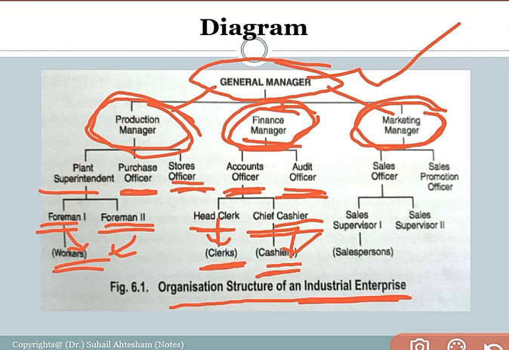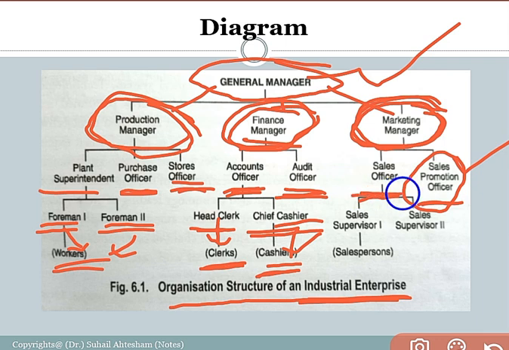Now coming towards the third subsystem, that is the marketing department. The marketing manager is the head of the marketing department, and under the marketing manager there are two subordinates: sales officer and sales promotion officer, right? The sales promotion officer is related to making promotion of the sales, related to the techniques of advertisement, and the strategies that should be adopted for promotion of the product and services in the market, right? That is all the related work of the sales promotion officer.